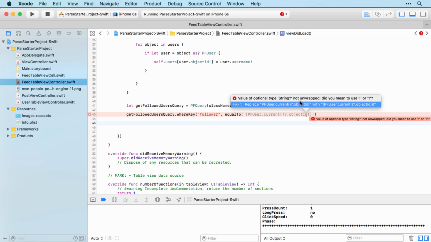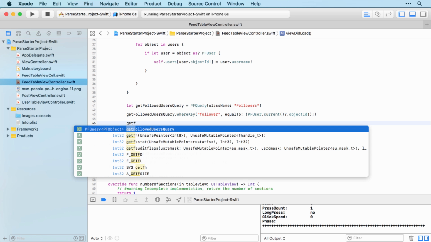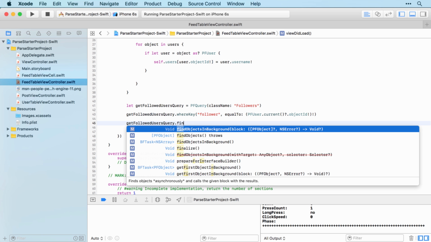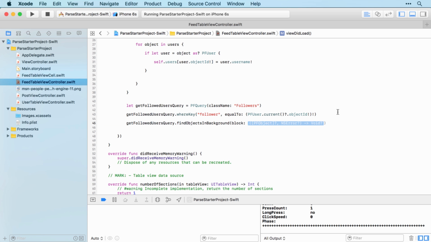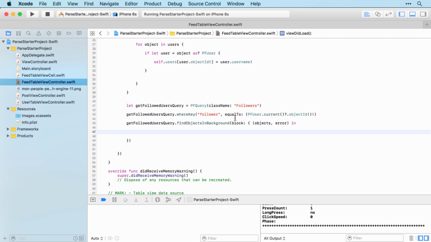And I think we just need to unwrap that again. Again, we know that we have a current user, so we're not going to have any problems there. Then we take our get followed users query and find objects in the background with our good old block. And as before, we're looking for objects and error. And then once again,